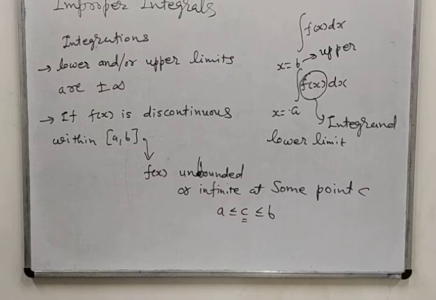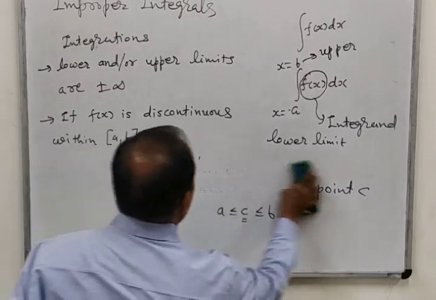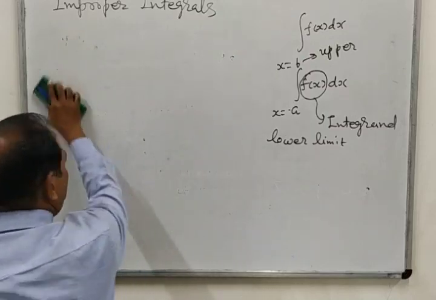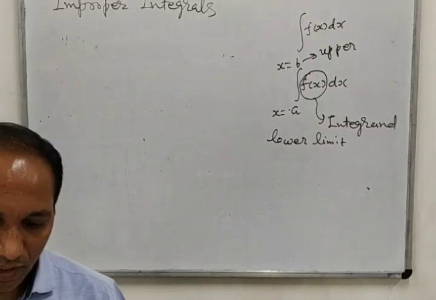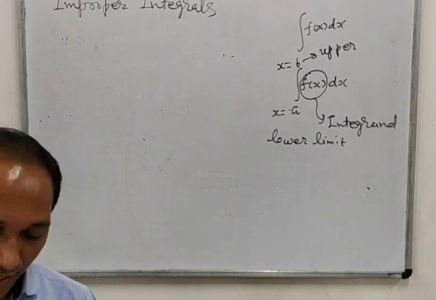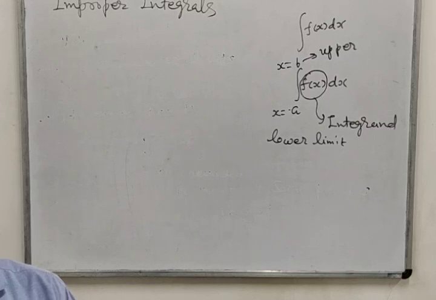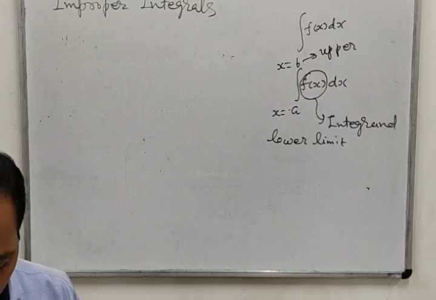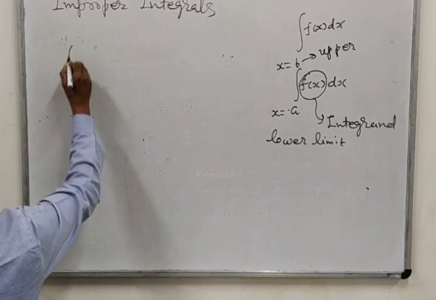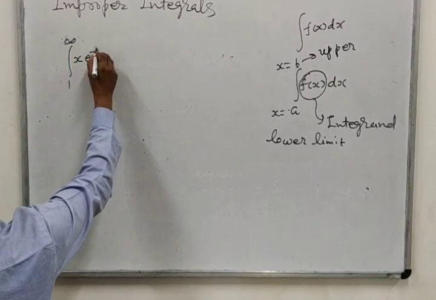Okay, so suppose here the integrations are very simple. Just we want to know that these improper integrals can have values or can have no values. No values means if they give the values infinity or minus infinity. Suppose here one example is there, 1 to infinity x e raised to minus x dx.